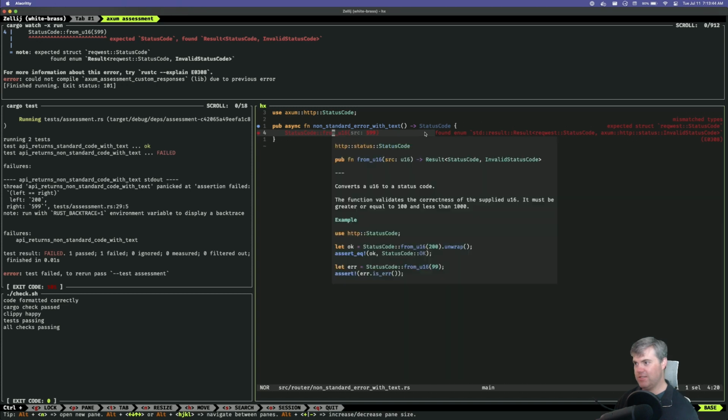I'm really curious. The function validates the correctness of the supplied u16. It must be greater than or equal to 100 and less than 1000. Oh, but it can be whatever I want. So it can be non-standard. Okay, cool.